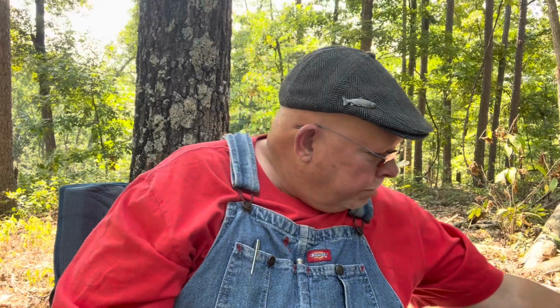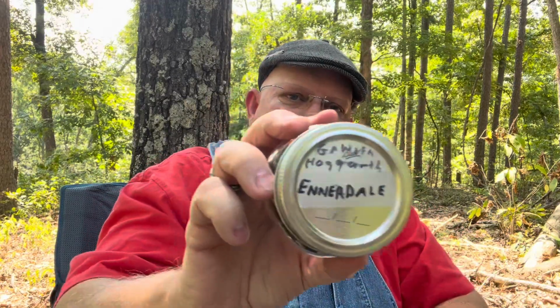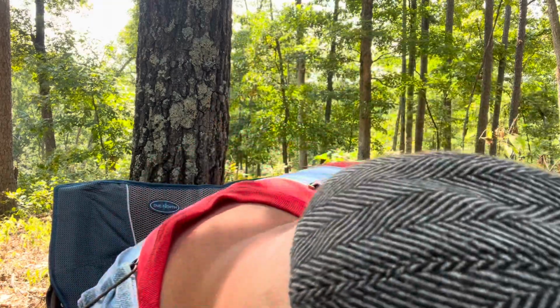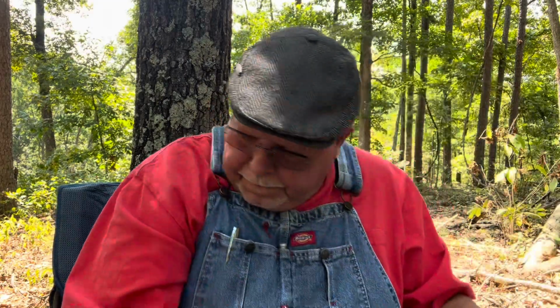Southern Missouri in the Ozarks. Today, I am comparing Ennerdale from Gawith, Hoggarth. It's in my top 5. It comes in a flake, and it's fairly moist, so how I prepare it is